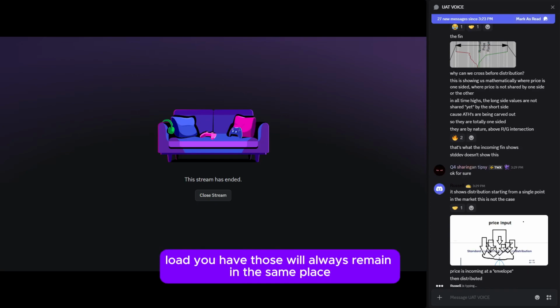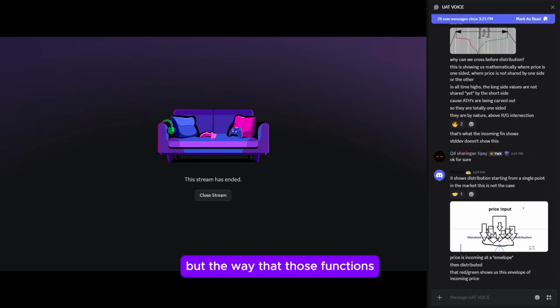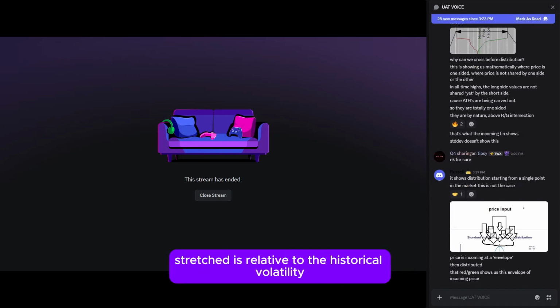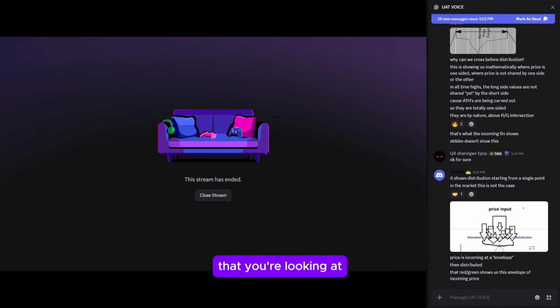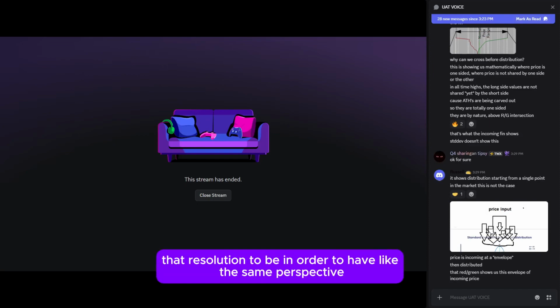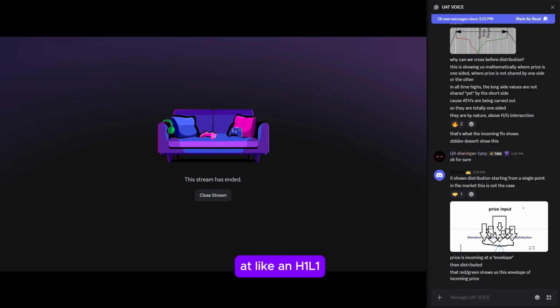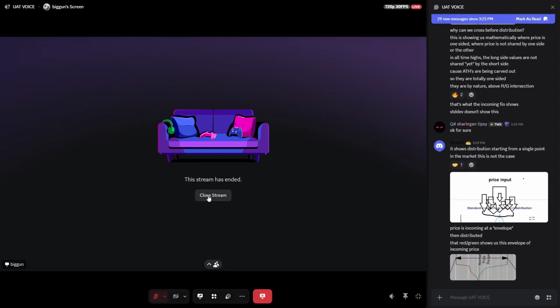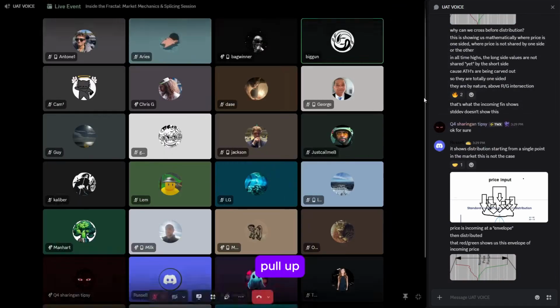But the way that those functions get stretched is relative to the historical volatility sample that you're looking at. And so when we are at these 5Hs or 5Ls or whatever, you actually need to increase that resolution in order to have the same perspective as if you were at an H1 L1. Right. And so let me